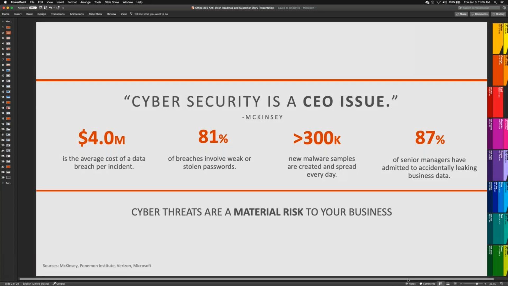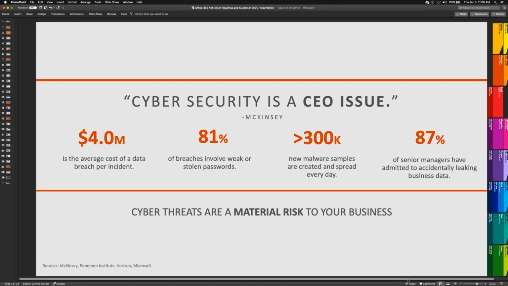Here we have a study from McKinsey that calls out some shocking things. On average, the cost of a data breach is $4 million. To me, that's pretty shocking. Whether you're a small business or a large enterprise, of course, your mileage is going to vary, but that's time that's lost with your employees. That could be a public relations hit with your customers. It could be your reputation. That could be customer data stolen. That can be in the case that Sean just mentioned, where your boss emails you and says, use my credit card number to buy a bunch of stuff, right?